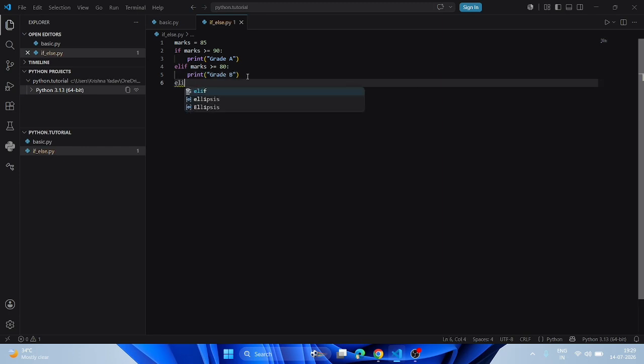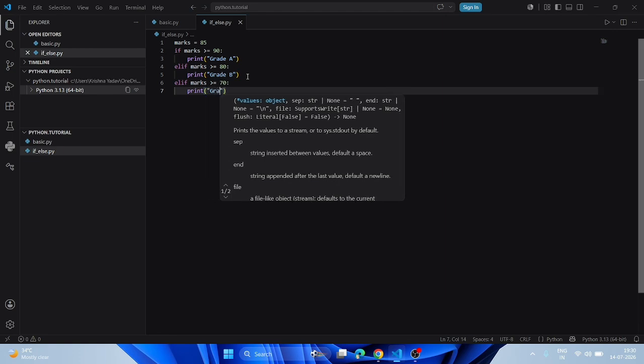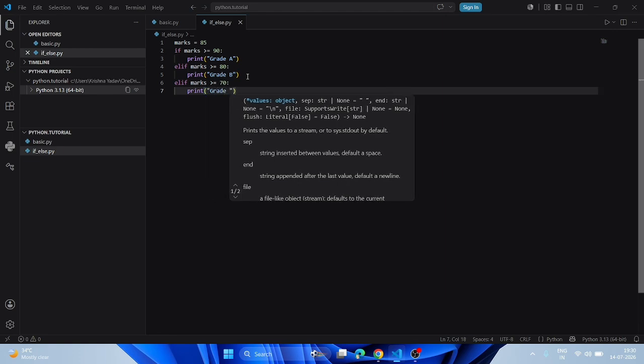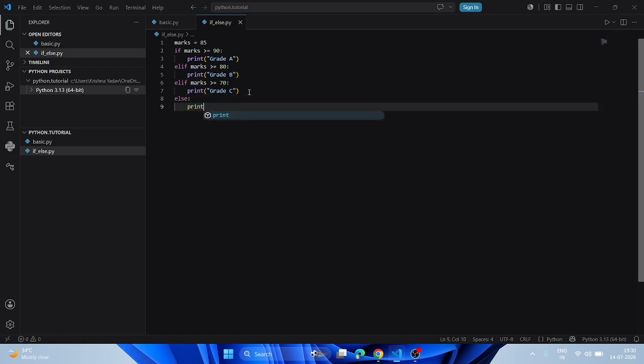Again we have to use that elif statement because I have told you earlier that if and else are conditions used only a single time, but elif can be used multiple times. So again we are using if marks is greater than or equal to 70, print grade C. At the last we use the else statement, colon, print